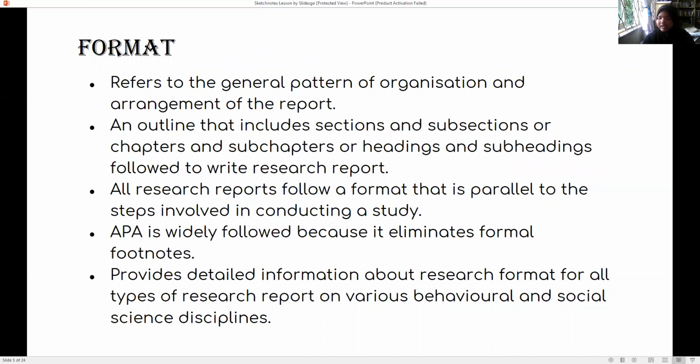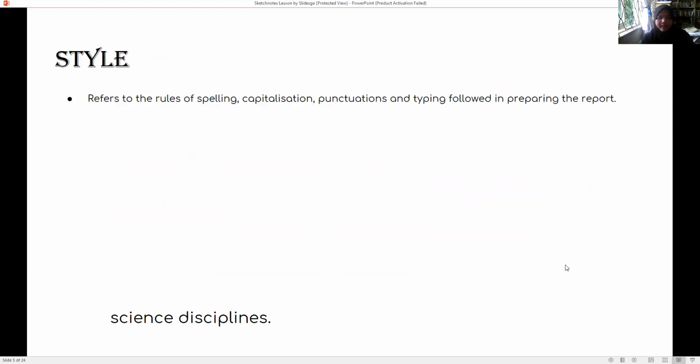Using APA style eliminates that, which means you write the name of the writer for the paragraph that you cite. It also provides detailed information about research format for types of research reports on various behavioral and social science disciplines.